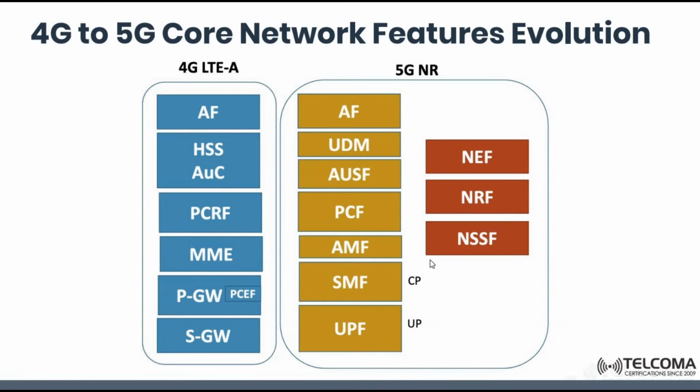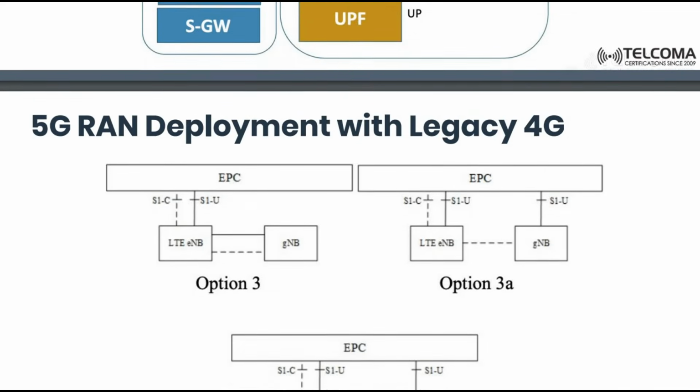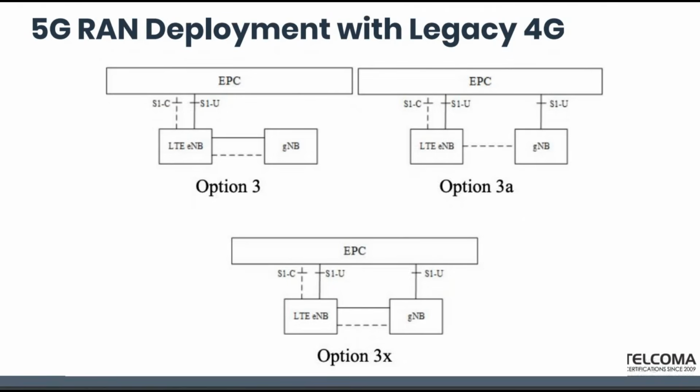If we talk about the blocks and architecture and their network functions, remember these are network nodes, network elements. These are network functions. They are dynamic, more flexible, and easy to implement. Their location can be changed as per the application requirement. In the next slide, we'll be going for 5G RAN deployment, how the 5G RAN deployment is done with the legacy 4G network, and how the interconnectivity works. We'll be discussing it in the next video.